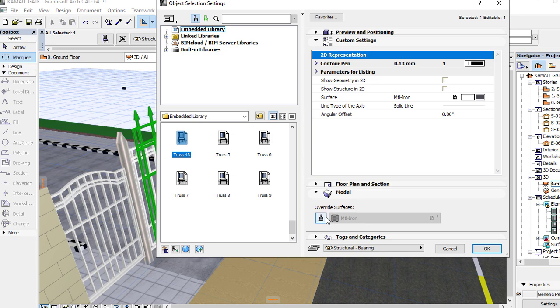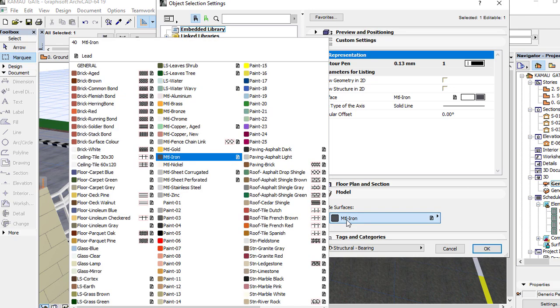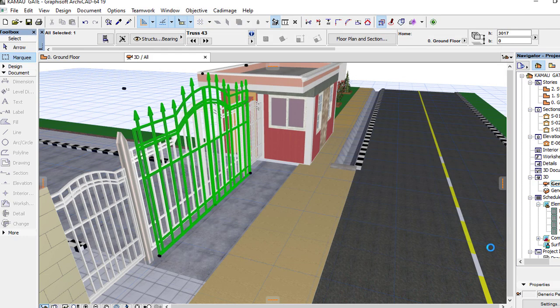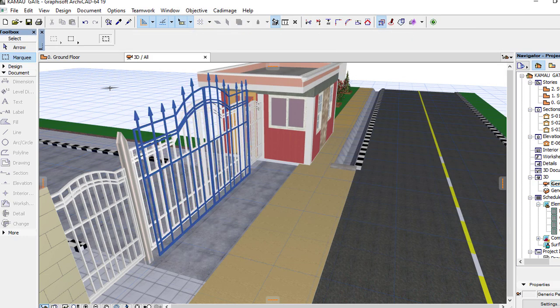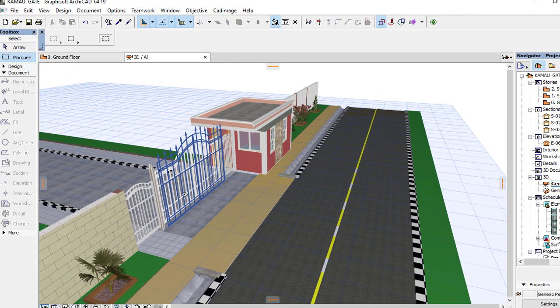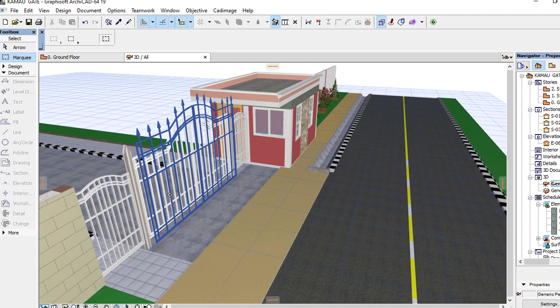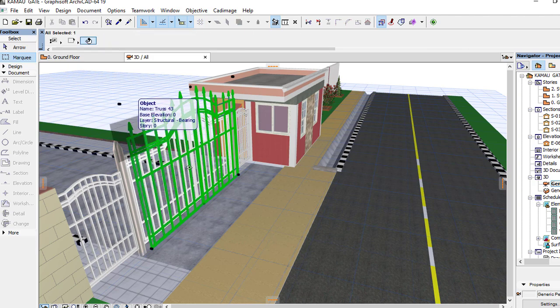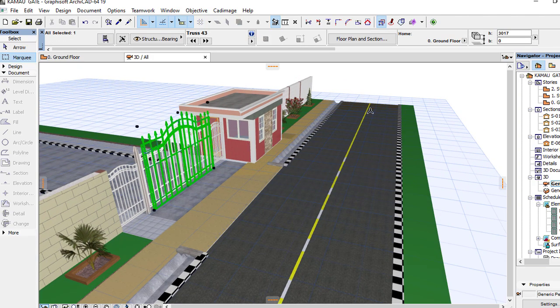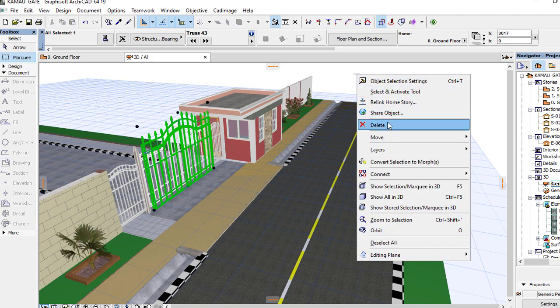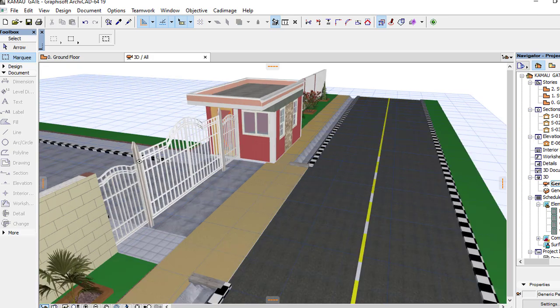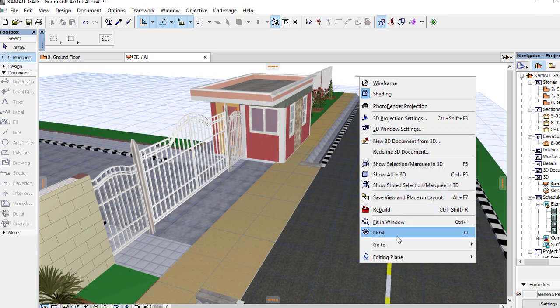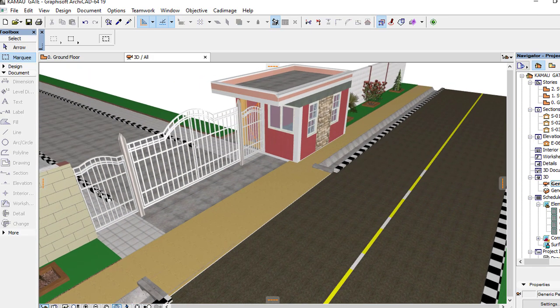I will just select, then I go to surface, then surface I can put the color of my choice. You can even put blue. You can see now the gate is blue. Any color that I want, I'll just put the color of my choice. So these are 2 gates, and meanwhile I can delete this one, so that I show you how to. I can delete this one to have the previous one, and